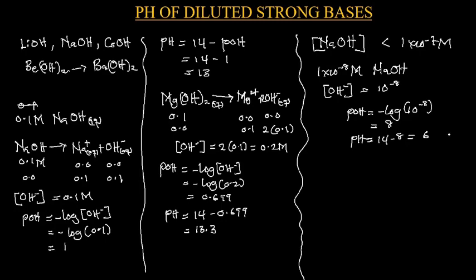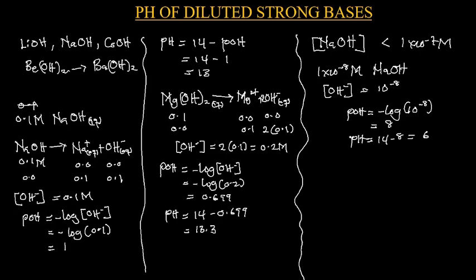Wait, this is not an acid. So how do we have the pH to be below 7? That means there is something wrong. So in a situation where we have the concentration of a strong base to be very low, that means it has been so much diluted. So when it is below 10 exponent minus 7, then in this case, we would need to consider the autoionization